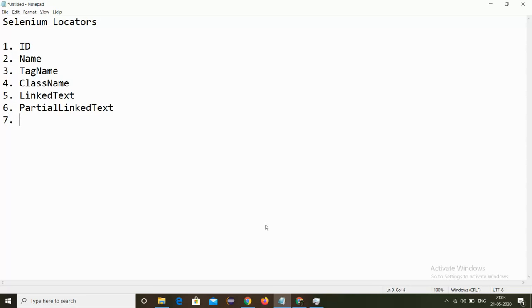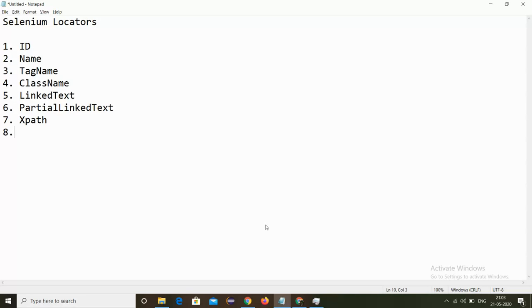The seventh would be XPath. XPath is, I would suggest, the most important locator present in Selenium. I say that because using XPath we can work with ID, name, tag name, class name, link text, partial link text, all the rest of the locators.